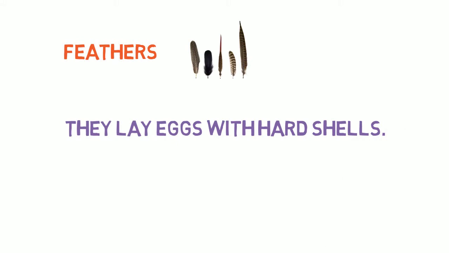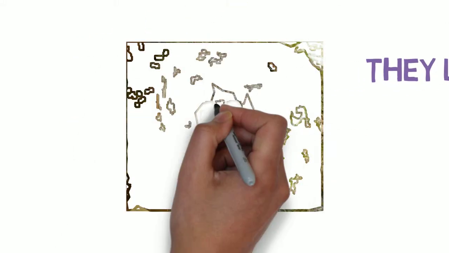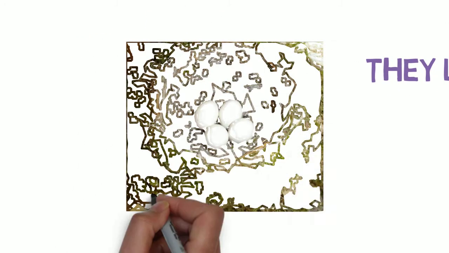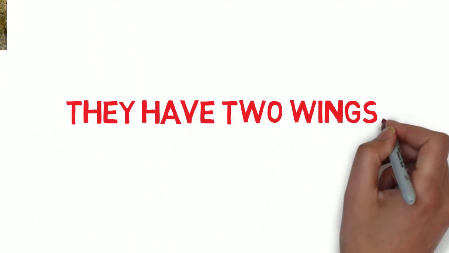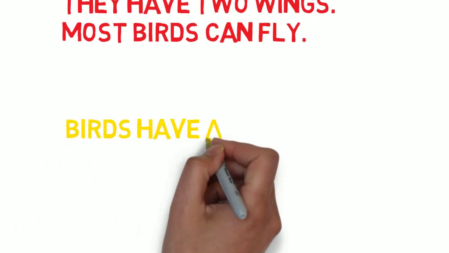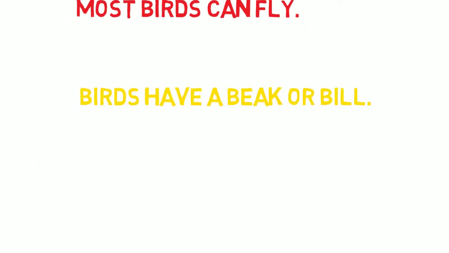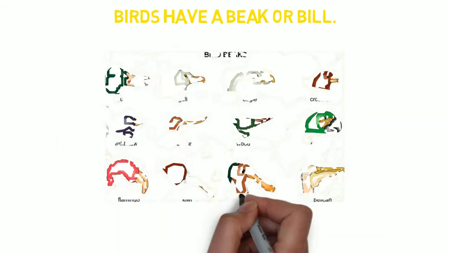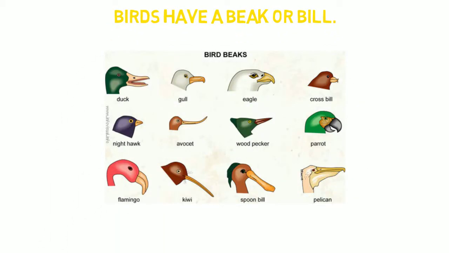Birds lay eggs with hard shells, as you can see from this picture of the hard shells in the nest, and then baby birds hatch from those shells. They have two wings. Most birds can fly, although there are some that can't. Birds have a beak or a bill. As you can see from this picture, there are many different types of bills so that birds can eat certain